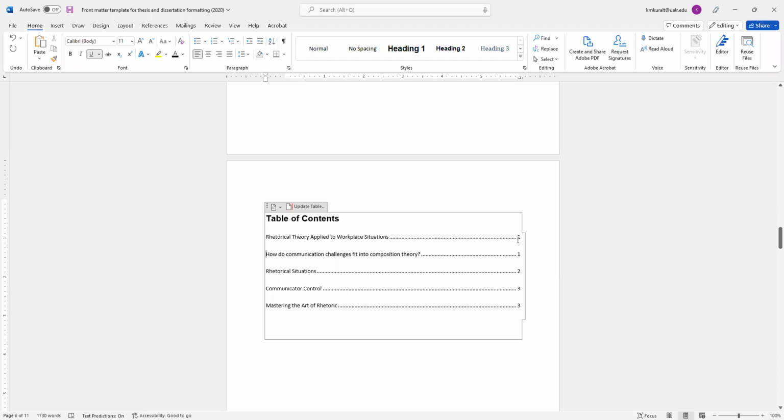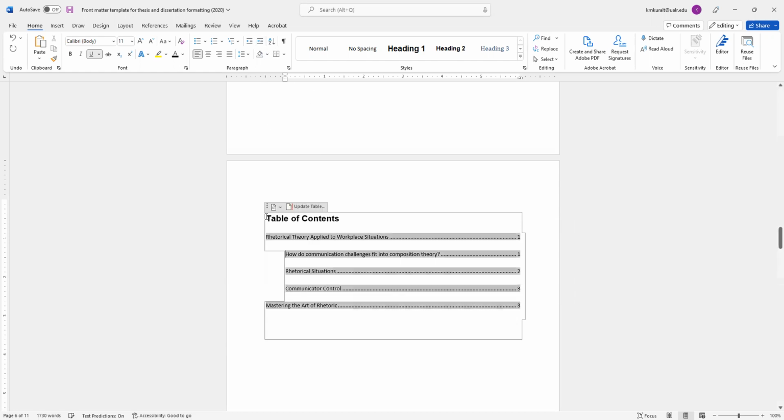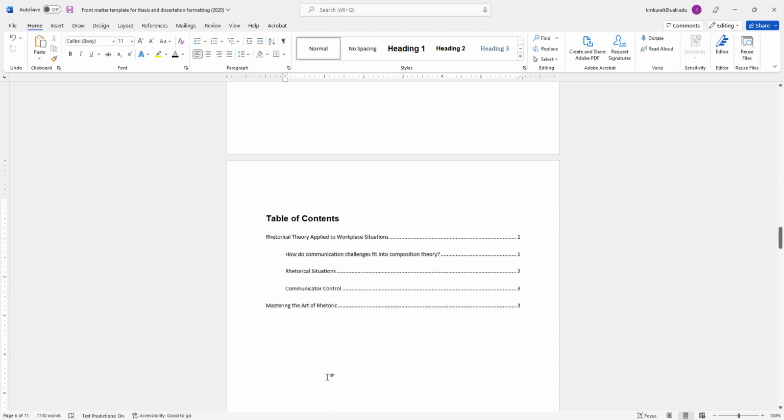So auto-generating your table of contents the way we just did will make sure that all of your dots line up. And then you can push in your subheadings like that. And that's all there is to that.